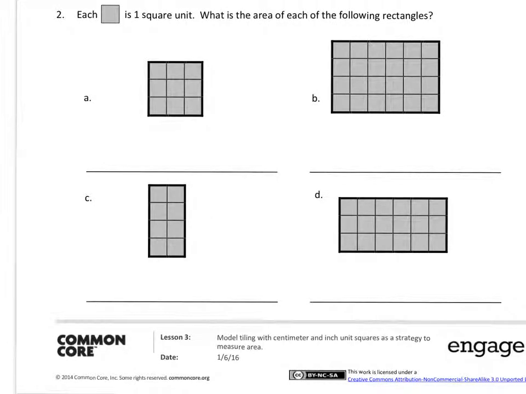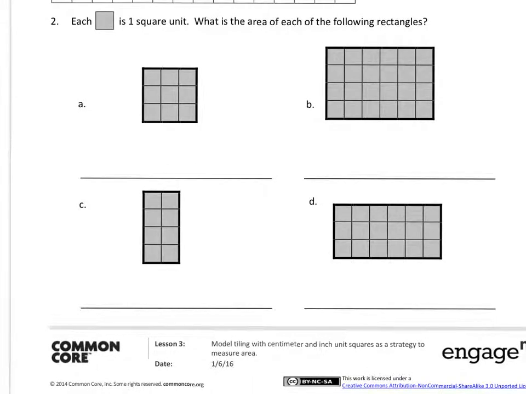Okay, for part 2, it's going to be very similar to what you just did above, but it doesn't have the bigger grid area. So we're going to look at, again, finding the area of each of these rectangles. This one has 1, 2, 3 on the side, and 1, 2, 3. So we have 3 on that side, 3 on that side. We can go 3 times 3. We can count by 3s up or down, or count by 1s. We end up with 9 square